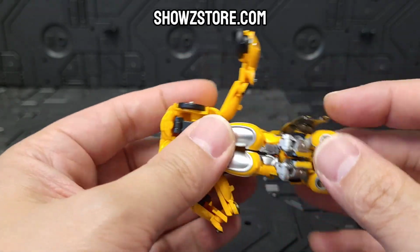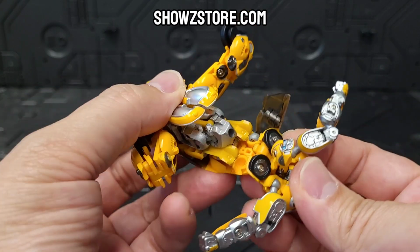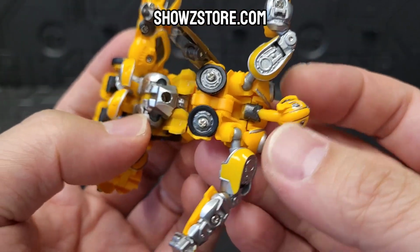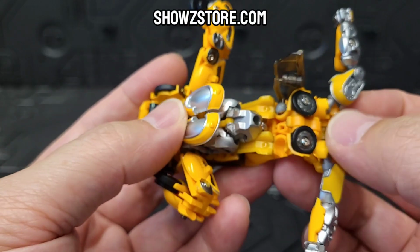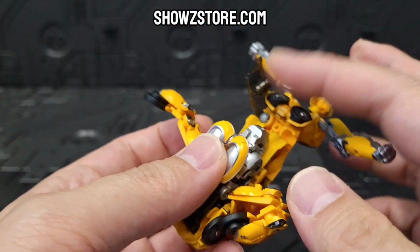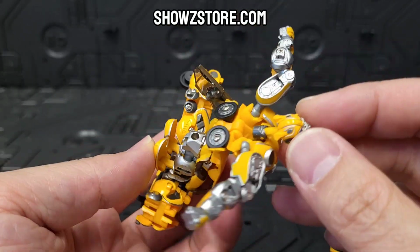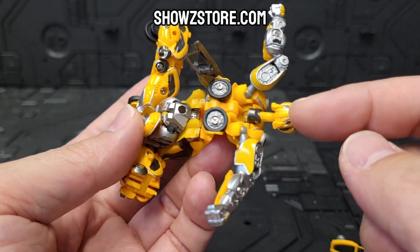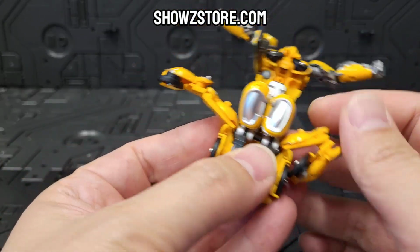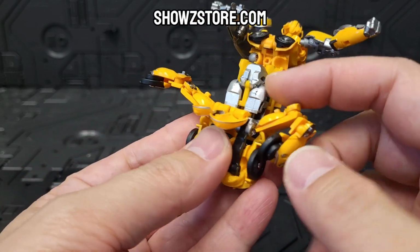Okay, so I folded these back. The arms can kind of pop out. It has some faux tires on the back. I like them a lot, actually. I was kind of confused at first, but it does complete the robot mode look, and I think it looks very nice. The windows will close up on themselves, but yeah, so we move that out of the way. The head has a little telescoping thing, and you need that for clearance when you transform. But yeah, so these bits were hiding the arms underneath, and so these will be like the side of the